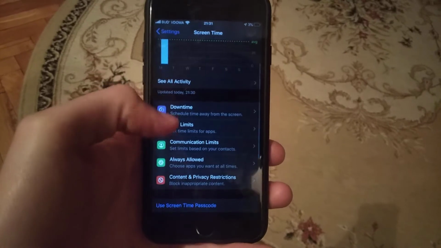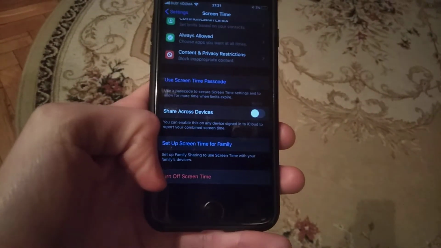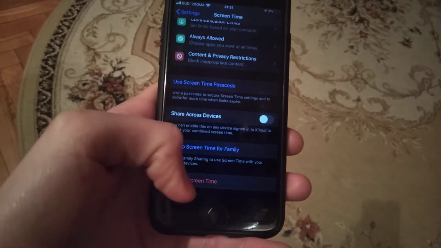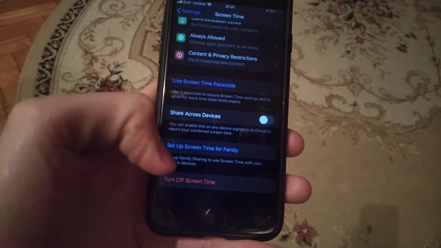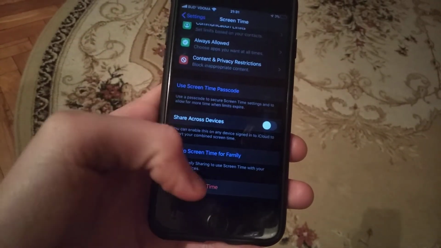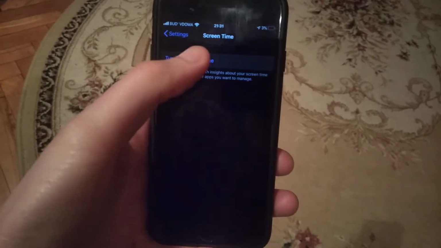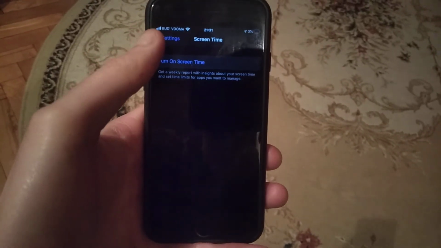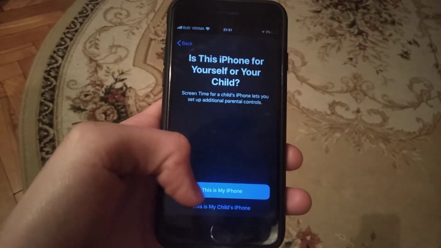So just here under it you will see Turn Off Screen Time. So here you turn it off, just click on it and choose Turn Off Screen Time. And now you can see that the screen time is turned off. So just click Turn On and now your screen time